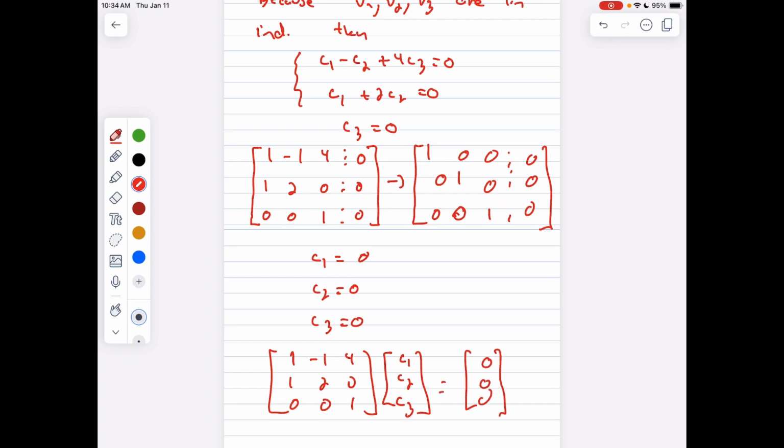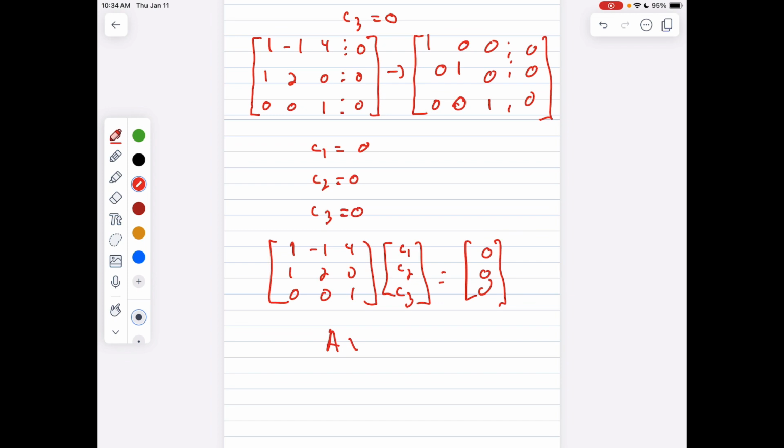So this is reminiscent of when you saw AX equals B, and we knew that if A was invertible, then actually let me switch the B to 0. If A was invertible, then you would only have the homogeneous solution, or all the c's equal to 0, and that's going to happen here actually. If you take the determinant of A, the determinant of A would equal, looks like, 3 or something. So only